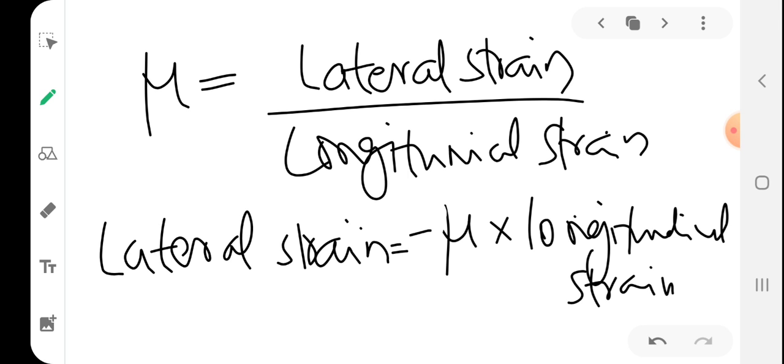Okay, because if longitudinal is tensile, lateral strain will be compressive. So if we are stretching longitudinally, then there will be compression in the lateral direction. So you can write,